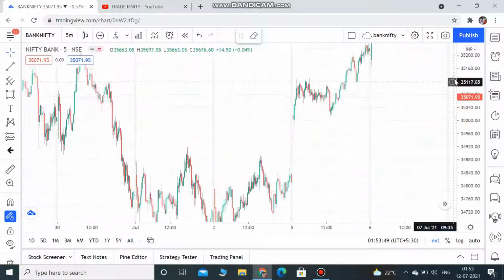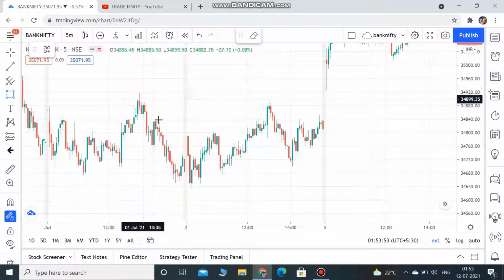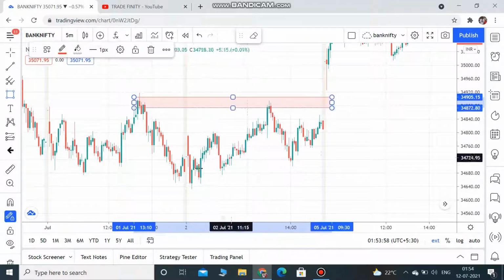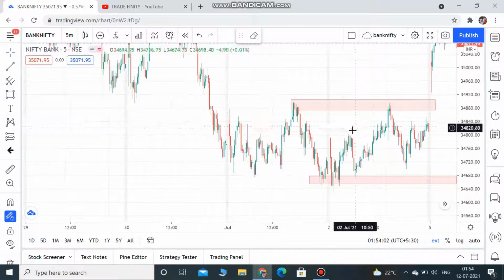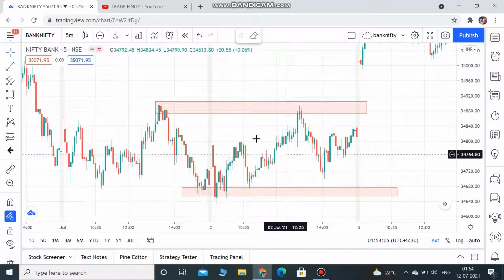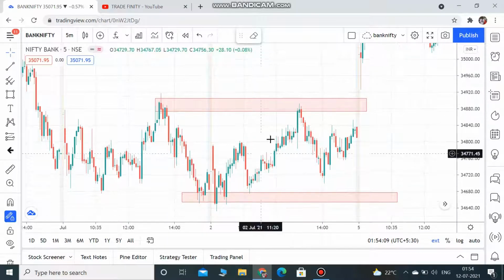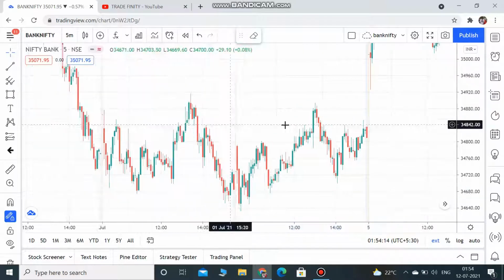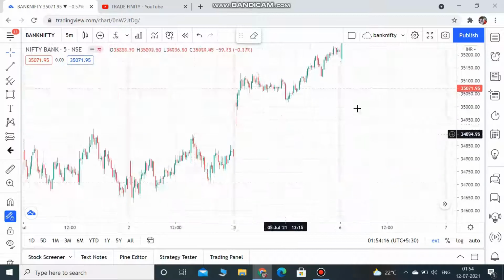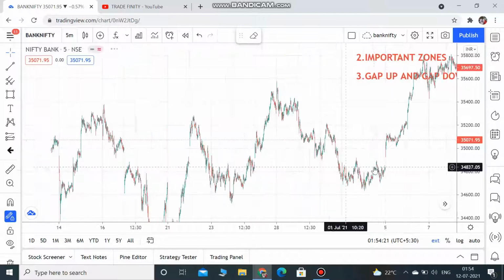So what are important support and resistance? You see these kinds of fluctuation, up down up down. So this will be your resistance and this will be your support. This is the basic concept, you know, right? If you have not understood how to mark these zones, you can follow that video. So this is the first step you will have to follow, and what I'm actually concentrating on in this video is all about the second point, that is important